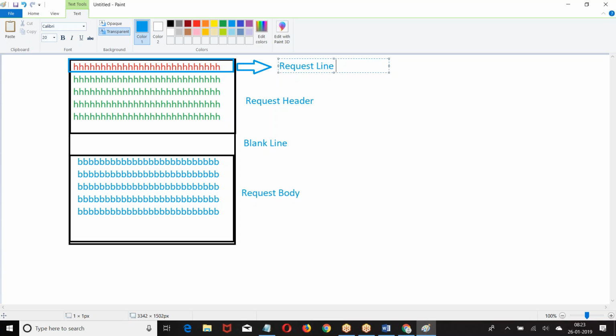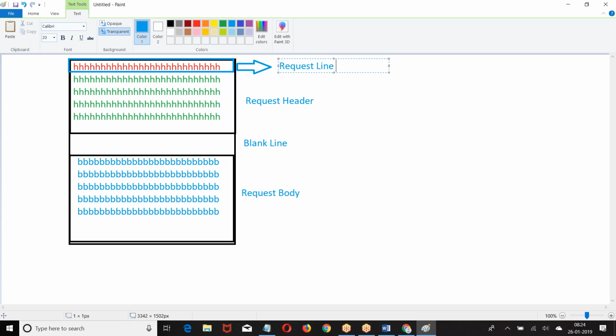The first line will tell you clearly I am making a get request for the following resource using the following protocol. I am making a post request for the following resource using the following protocol. So the first line will tell you what protocol you are using, what resource you are requesting, how you are requesting.